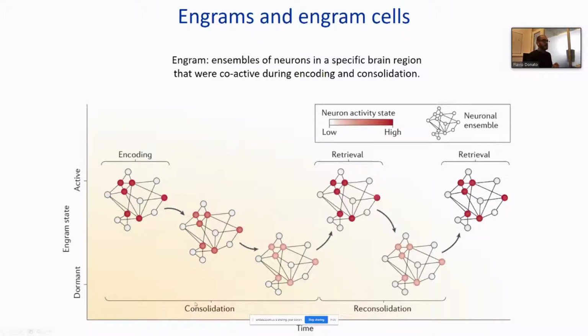So during a process that is known as consolidation, in the end, if you re-present part of the sensory inputs that were present during acquisition, you are able to induce the retrieval of the memory, which is basically the reactivation of that population of neurons that was active during acquisition, in a way that allows you to remember the original experience. And this phenomenon goes on and on. Those neurons will be reactivated when you remember the experience. They will go back to a form of dormancy when you don't remember it anymore, ready to be reactivated when, again, you induce a sensory stimulation that recapitulates acquisition, and so on and so forth.